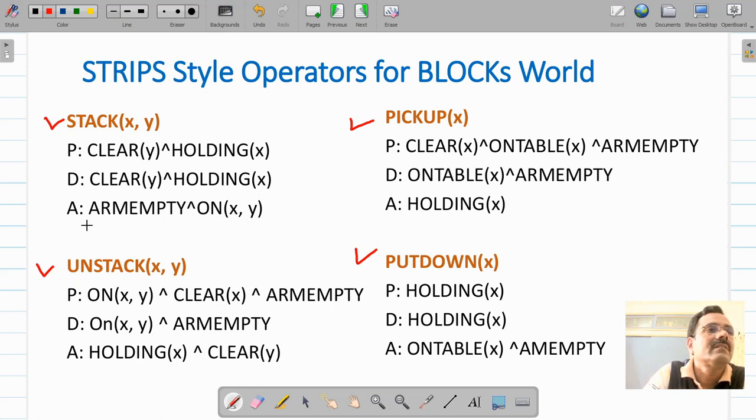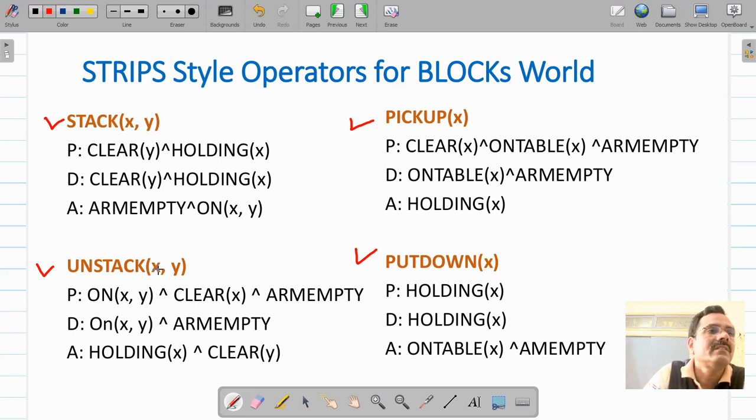So that is in the add list. What will be removed? What will become false? Clear y, since you have put x on y, so y will not be clear, and holding x will become false. Earlier the arm was holding x, now that will become false.